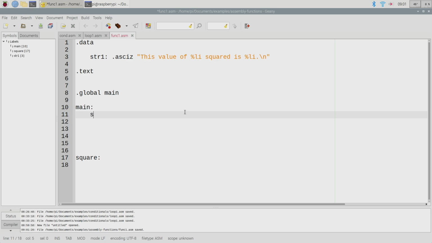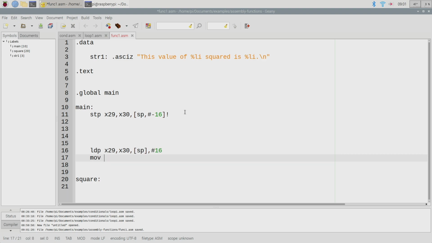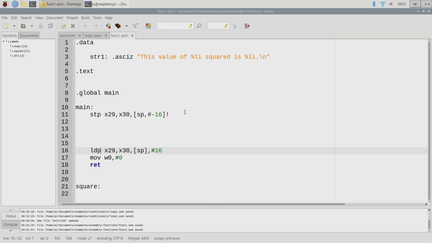Okay, so all right, so our main routine, the very first thing as usual, store pair, load pair. Okay, and put an exit status code for Linux. Right. All right, so that's all usual. And then what I want to do is,